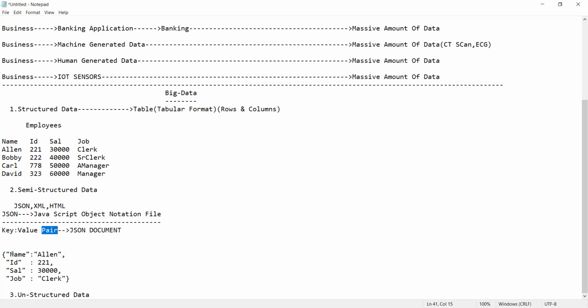So hence this is called a JSON document. This entire value is called what? A JSON document. In the same way, guys, everyone,